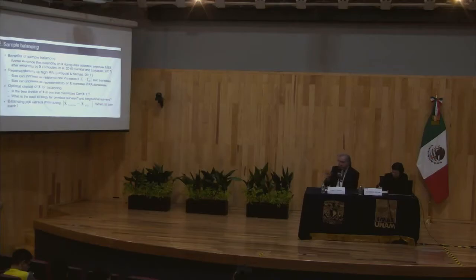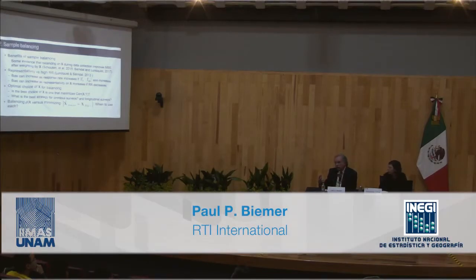And it could be that some X's work well for these outcomes, other X's work well for those outcomes, but you have a lot of different outcomes here, so that's a lot of X variables to try to balance on. So you have to pick and choose. And so in those situations, the X's may not be ideal. They could be ideal for some outcomes, but not ideal for other outcomes, and so you're going to miss the boat.